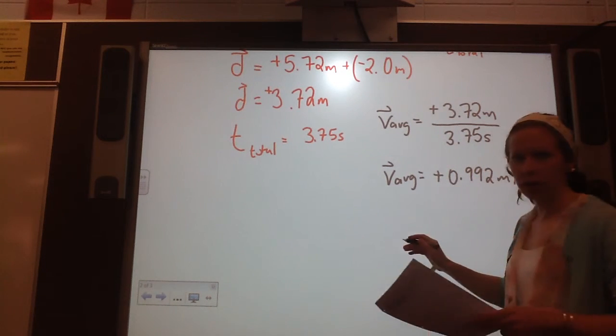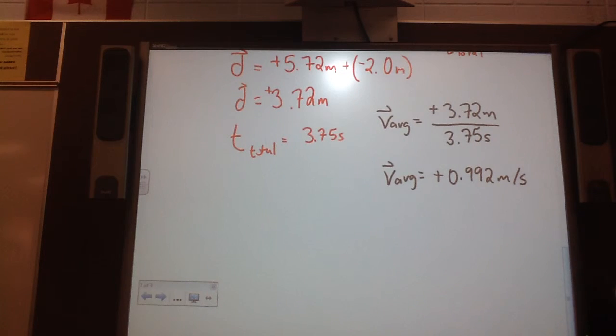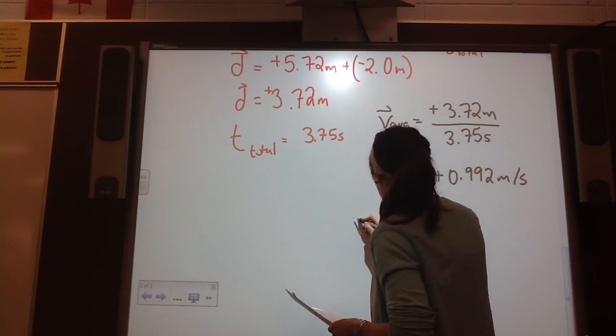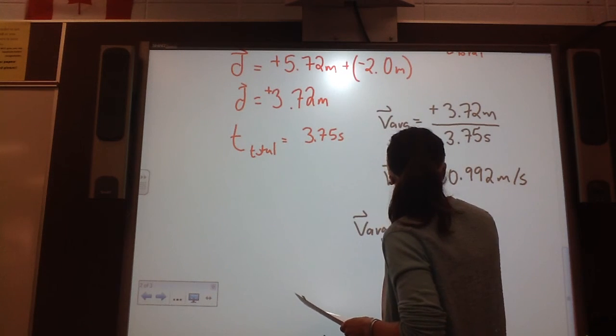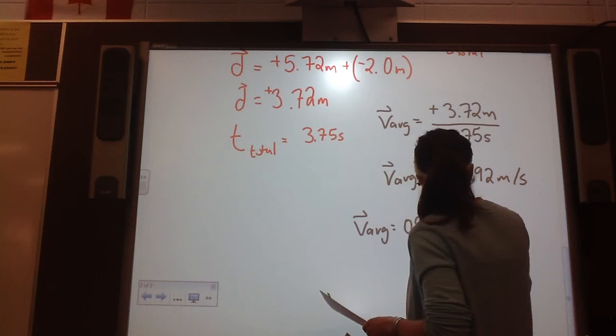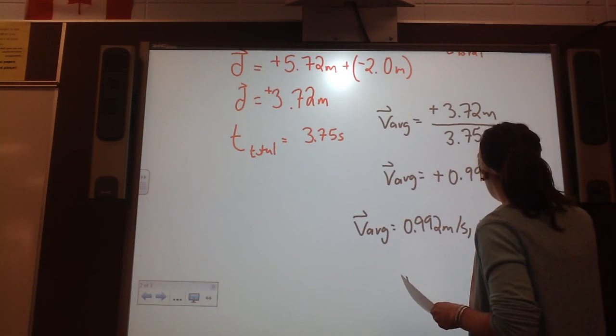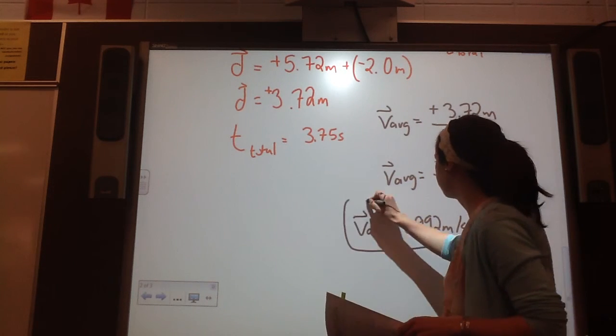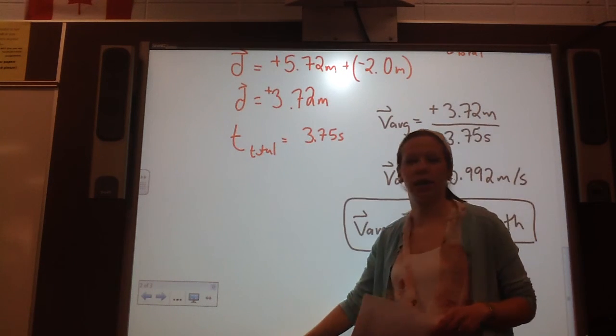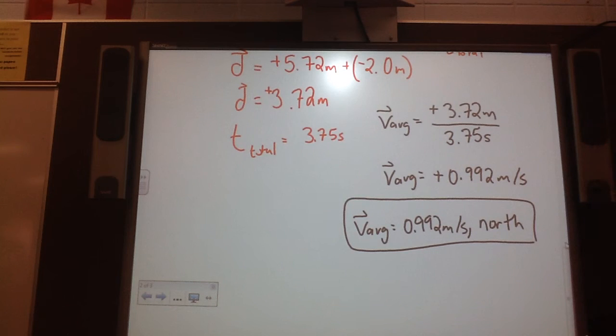This is a positive value, so now we translate the positive value into a direction: north. So our V average is 0.992 meters per second, north. Now you could put it into scientific notation, times 10 to the negative 1, but it's not necessary. Either way. So we'll do a little